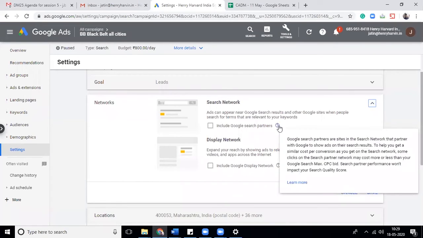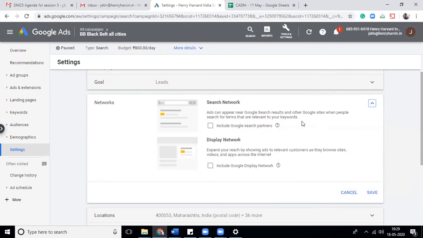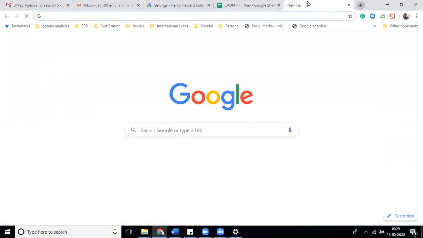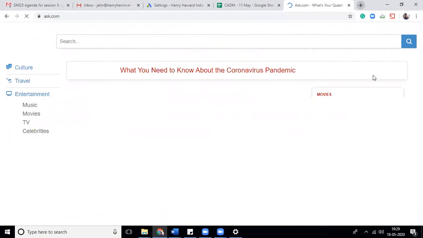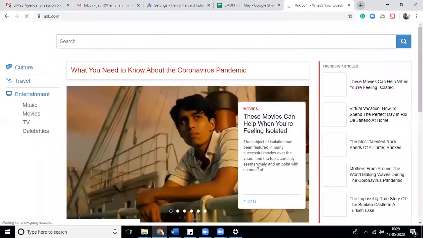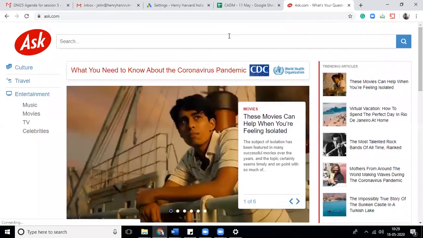So who are Google search partners? Google search partners are those websites or search engines that take the ad from Google and show it on their own search engine, like ask.com. I'm not sure if you have heard of these. There are hundreds of different websites which have their own search engine.